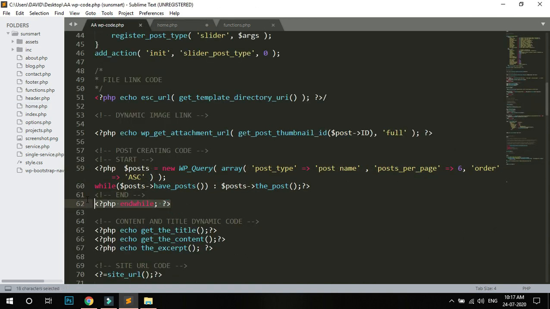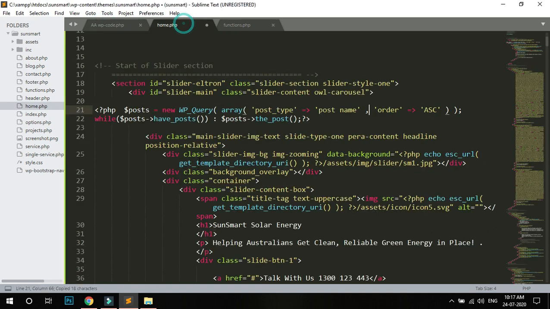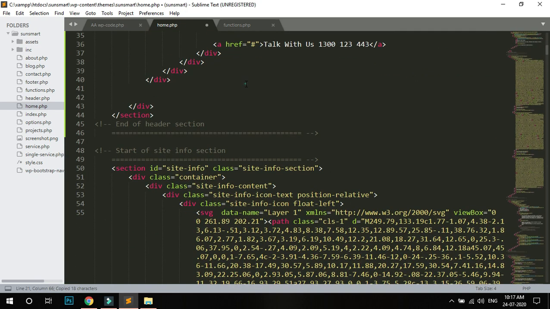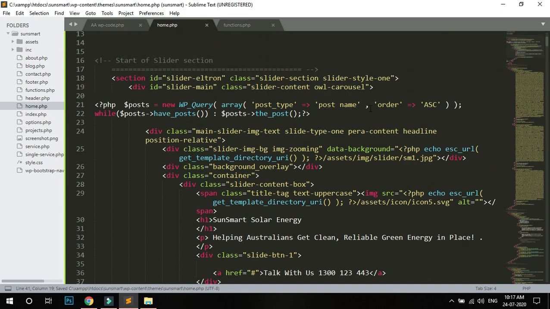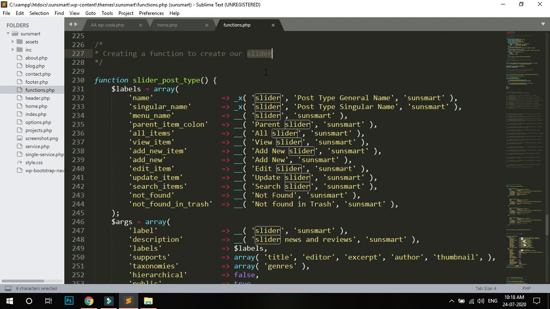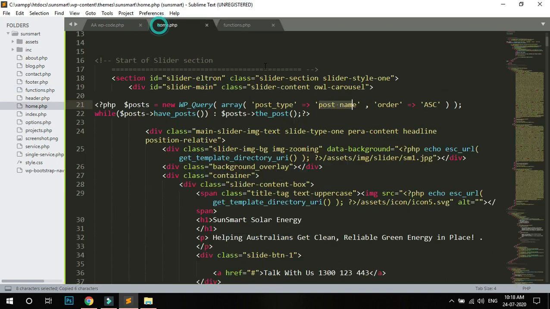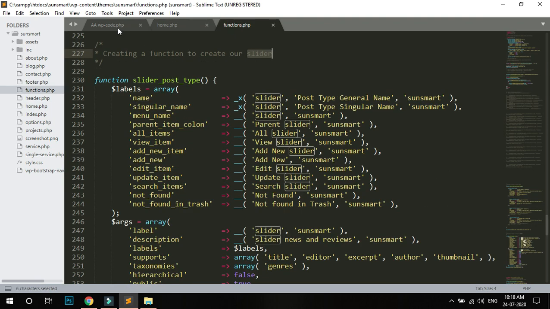And end while, I copy the end while and paste it here at the bottom. Okay, and change the function name, post name here. So my post name is slider, and change it. Okay, done. And I need to change the image link.